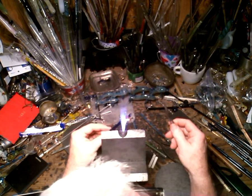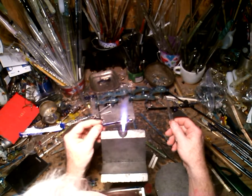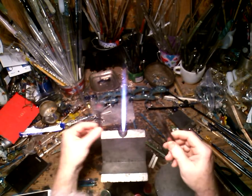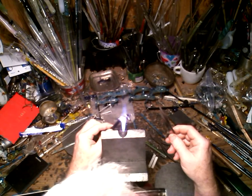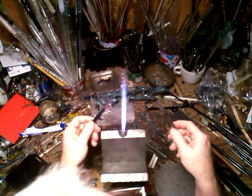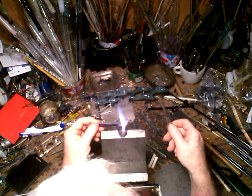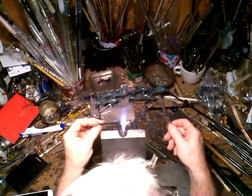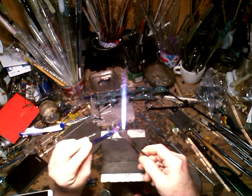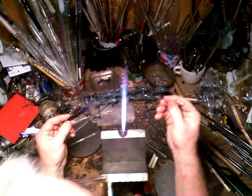And I'm going to actually adjust them a little bit more, because one of the things I like about my lizards is they almost look like they're alive and walking across your table or wherever they're at, because I tend to curve their bodies like they're just walking around having a good day, warming themselves in the sun. Okay, let's heat it up a little bit more. Bring that side together and that side further apart. I also like to heat up around just where the head is and turn the head in another direction. Like he's walking around and looking in another direction, saying, "Hey, look at that fly over there. He looks pretty good. I think I'll go over and eat him." You know,